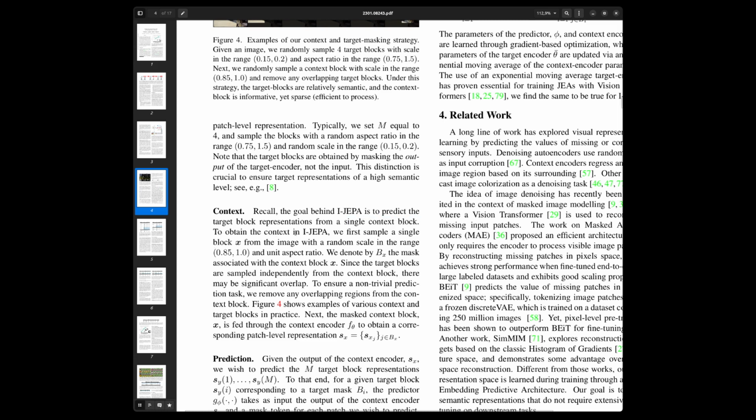To obtain the context in I-JEPA, we first sample a single block x from the image with a random scale in the range of 0.85 to 1 and unit aspect ratio. We denote by B_x the mask associated with the context block x, similar to B_i. Since the target blocks are sampled independently from the context block,